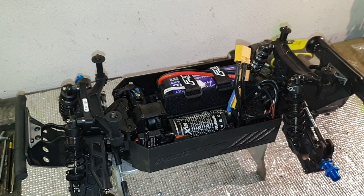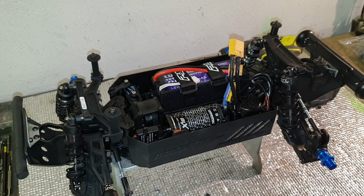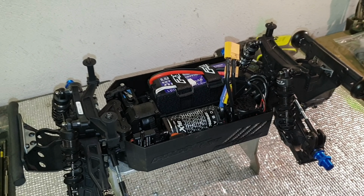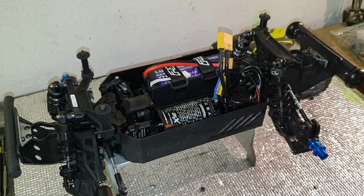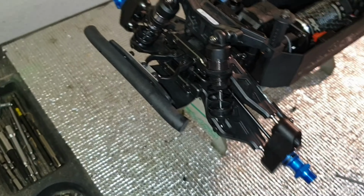The plastics are Proline plastics. They are really sweet. The hardware is nice. I'm not going to do a stainless steel swap out because this is genuine high tensile hardware that they have used in this thing, so I'm leaving it in. The shocks are super plush, as you would expect from Proline. What I have done is that these front